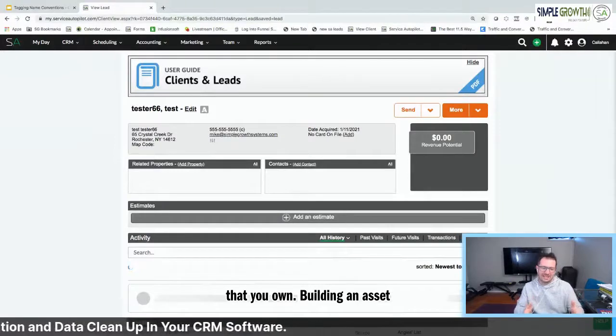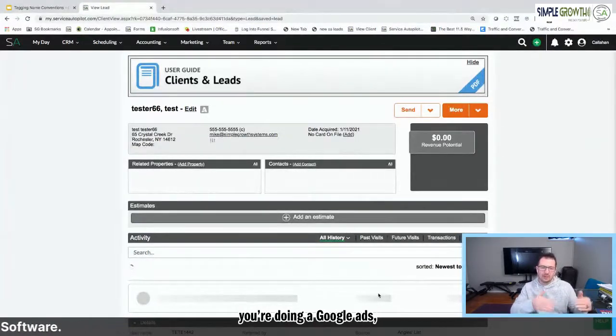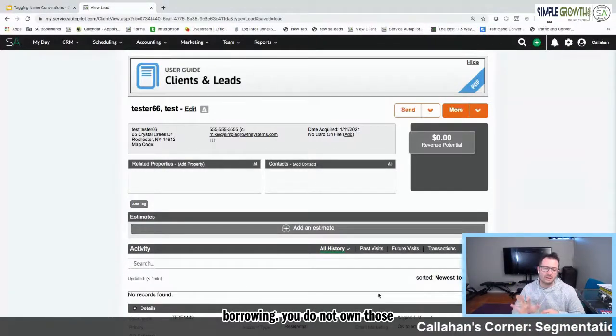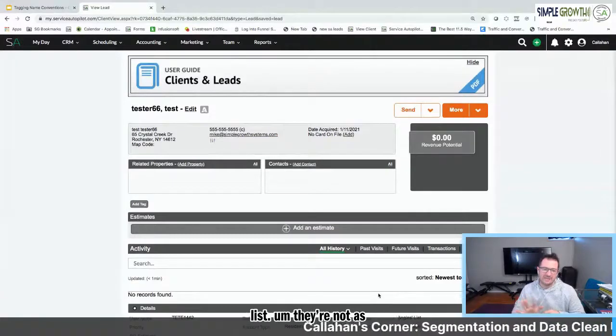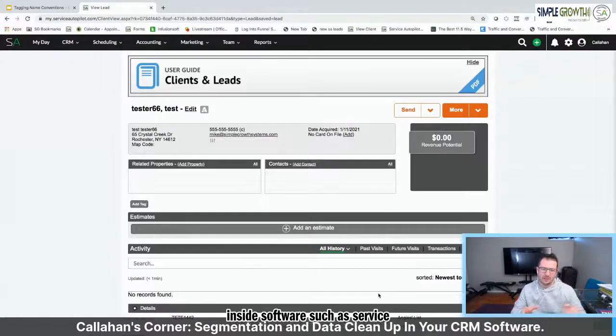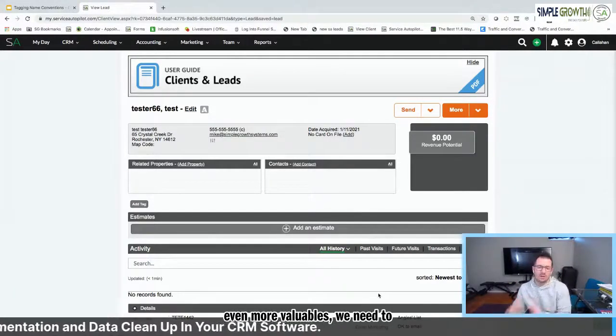You're building an asset that you can remarket to. Now, if you're doing Google ads, pay-per-click, or Facebook, those are lists that you are borrowing. You do not own those lists. They're not as valuable. So the most valuable list is the list that you own inside your software, such as Service Autopilot. Now, to make that list even more valuable, we need to segment it by where they're at in the customer